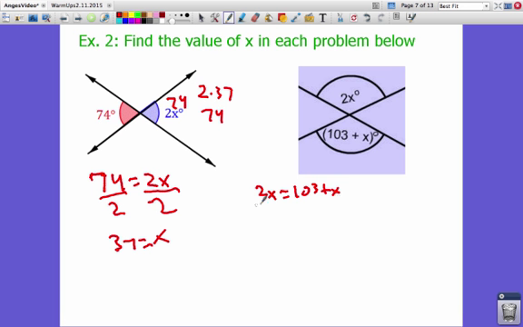Well, I want to get all my variables on one side, so subtract x on both sides. 2x minus x is just x. x equals 103 degrees, or x equals 103. Right. So, what does this angle measure? Well, if x is 103,